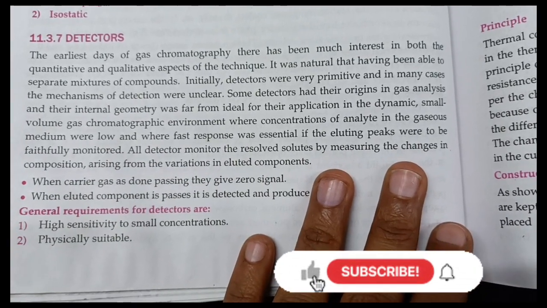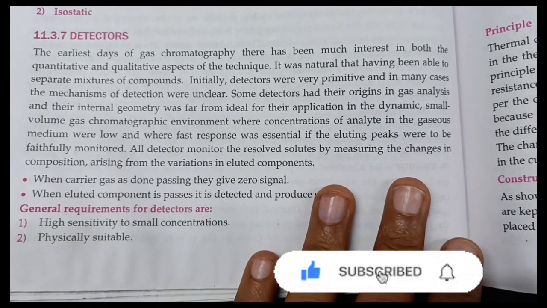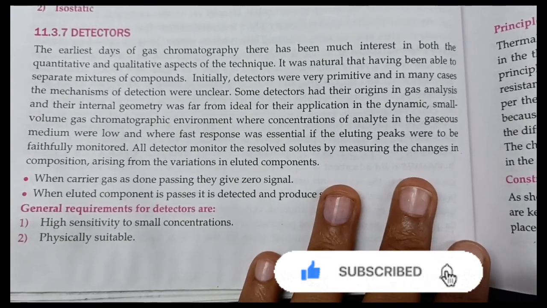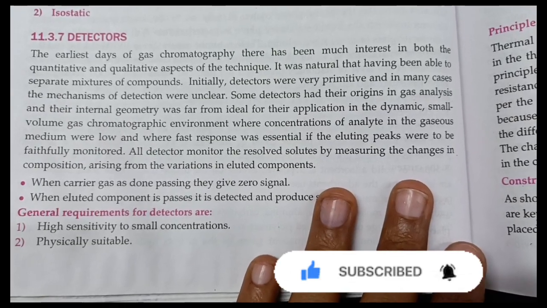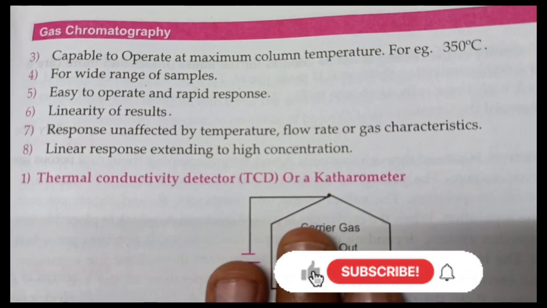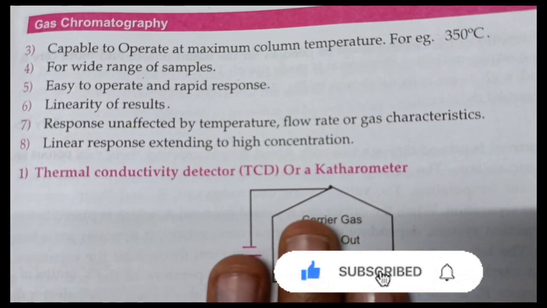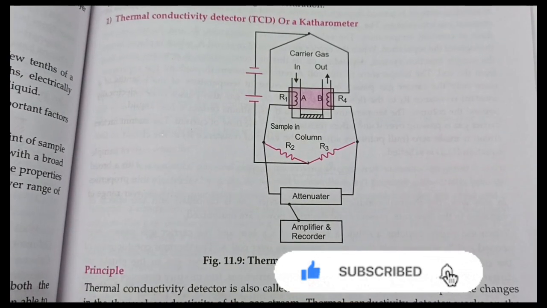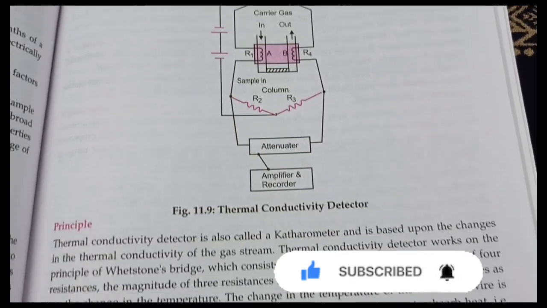All the detectors monitor the resolved solute, measuring the changes in the composition, reflecting the variation in the eluted components. General requirements for a detector: highly sensitive to small concentrations, physically suitable, capable of operating at maximum column temperature, wide range of samples, easy to operate, rapid response. Types of detector: thermal conductivity detector,